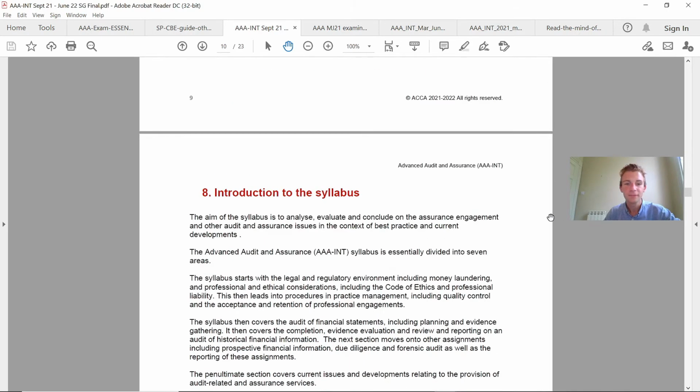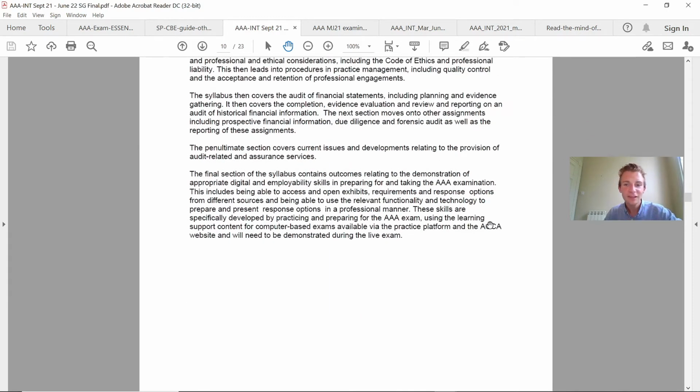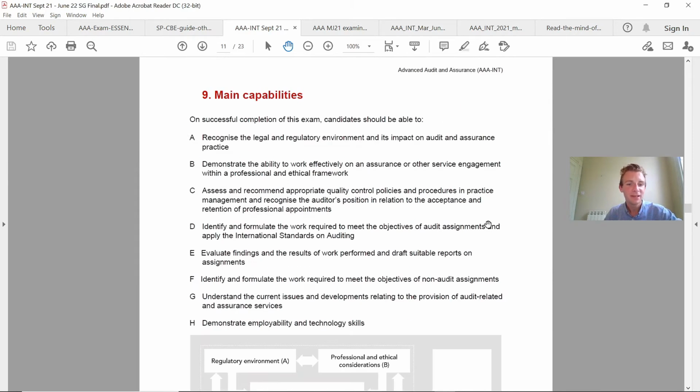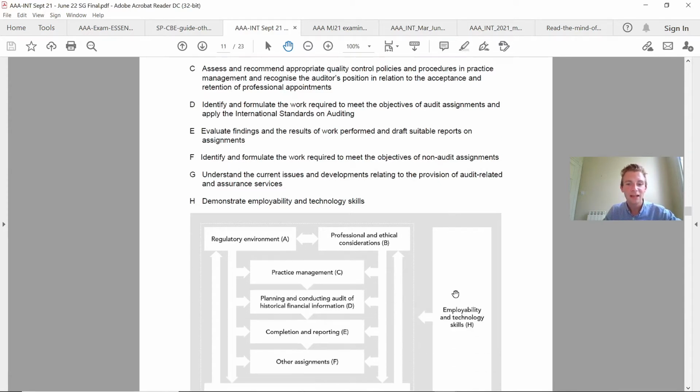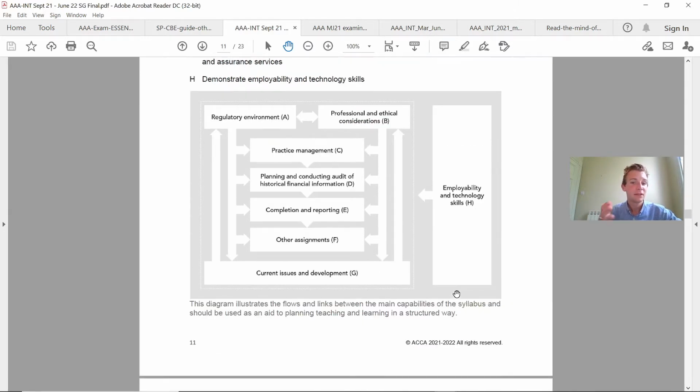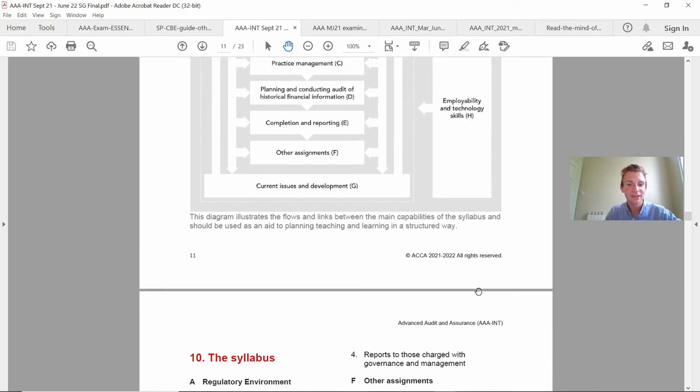Now we've then got the introduction to the syllabus as to say, well, what could be potentially on it. But this one here for the main capabilities as to, before the examination, what are you expected to know and what are the areas that could come up in your exam. And if you can look through A to H on there and say, yes, James, I can really have a go at all of those and apply it to some exam questions. Plus, if you want to see how it overlaps with different areas, there's a really nice diagram broken down for you.